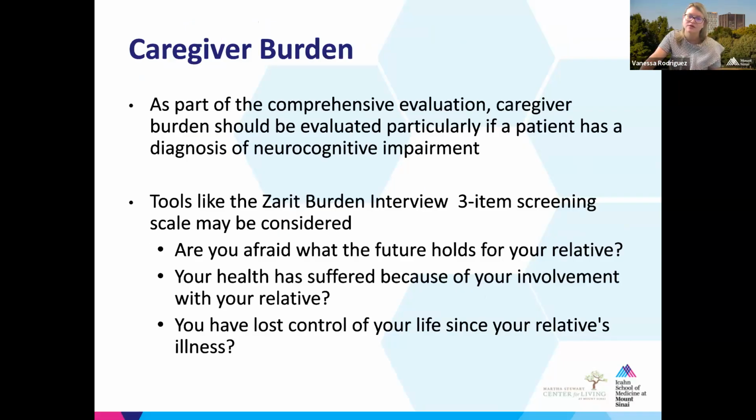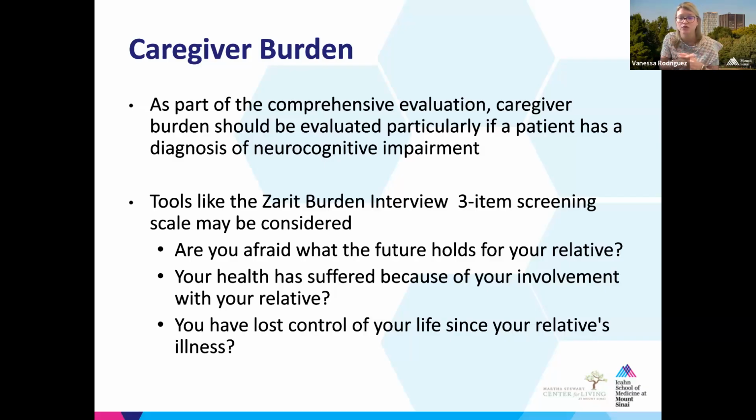If a caregiver is burned out, it's really important to assess that as well, because it really will be difficult to care for an older patient if the person that is helping provide the care is not doing well. So caregiver burden should be evaluated, particularly if a person has a diagnosis of neurocognitive impairment, which really brings a lot of caregiver burden. So there is a known tool, the Zarit Burden Interview, and again, it has different versions